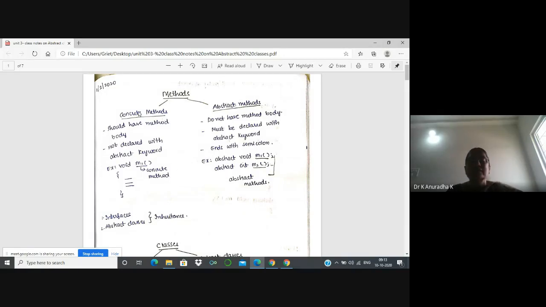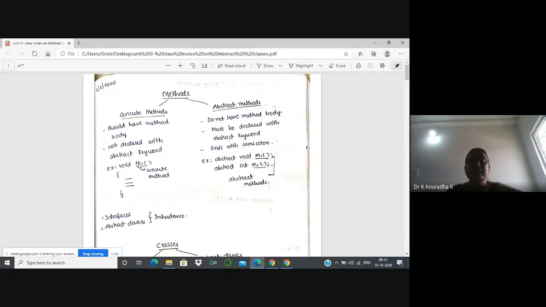Again, I will repeat the properties of concrete methods. Concrete methods should have a method body, and should not be declared with the abstract keyword. These are the two important points to remember about concrete methods. This is called a concrete method.